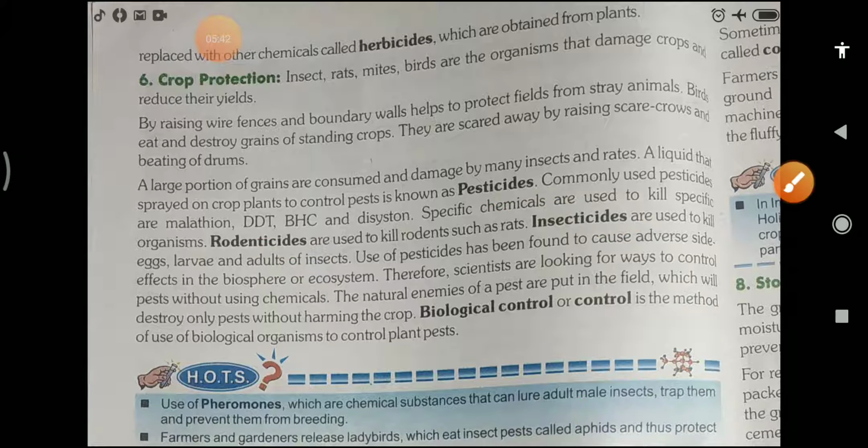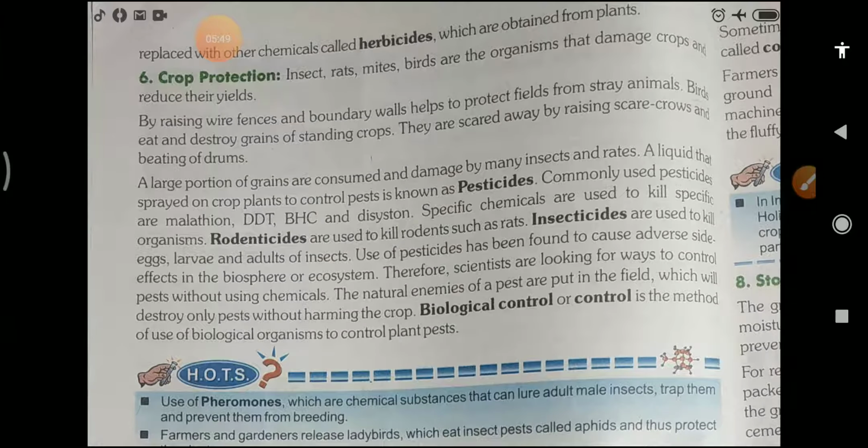Now let's continue. Insecticides are used to kill the egg, larva and adult of insects. We can use insecticides to kill the eggs, the larva when the egg is converted into the larva, and the adult insect, meaning it can kill all these stages. Use of pesticides has been found to cause adverse side effects in the biosphere or ecosystem. Therefore, scientists are looking at ways to control pests without using chemicals. The natural enemies of the pest are put in the field, which will destroy only the pest without harming